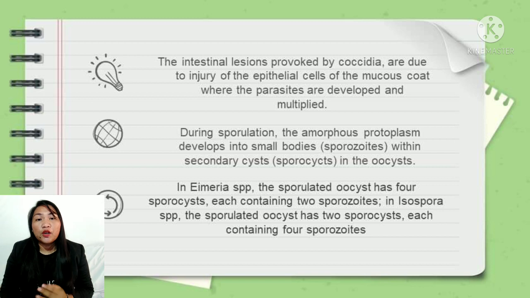After a variable number of asexual generations, merozoites develop into either macrogametocytes or microgametocytes. These produce a single macrogamete or a number of microgametes in a host cell. After being fertilized by a microgamete, the macrogamete develops into an oocyst. The oocysts have resistant walls and are discharged and sporulated in the feces. Oocysts do not survive well at temperatures below 30 degrees Celsius or above 40 degrees Celsius.